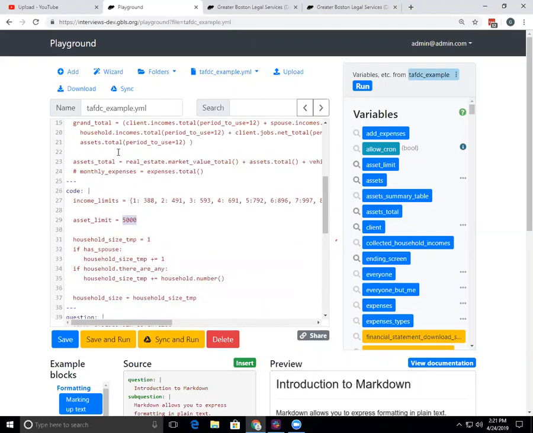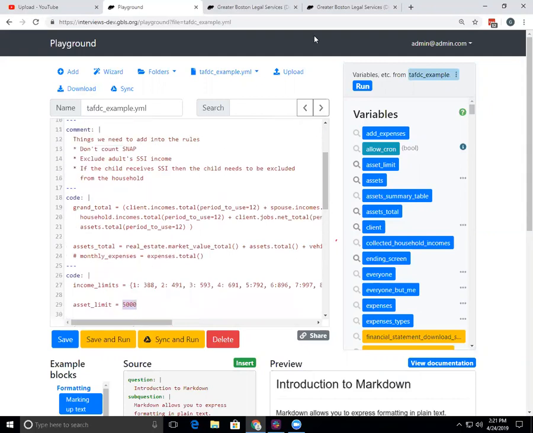Okay. All right. I think everything else is good. Anything else that you can think of that we might want to add into this? That might be something we could do. I was just thinking about child support,